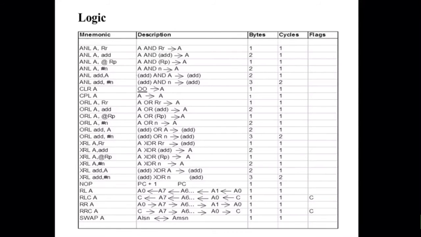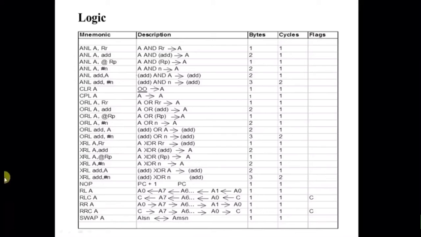This also supports the syntaxes between A and Rn, A and the address location value, meaning the value present in that address, and A, @Rp, where the pointer represents an address indirectly. That value and the accumulator value perform OR logic, and the result is saved in A. You can also do an OR between A and an 8-bit constant value directly, and the result is saved in A.